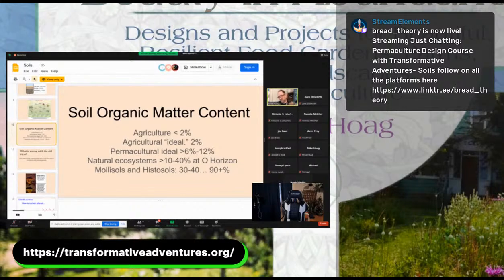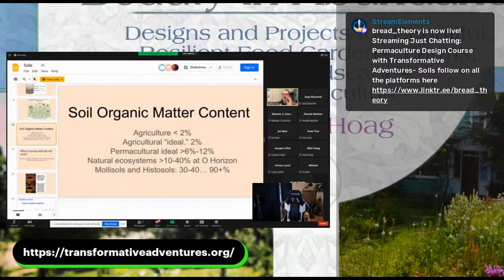But natural ecosystems will often have between 10 and 40% organic matter or higher. Some, as you see at the bottom here, later on, we're going to talk about two types of soils, mollisols and histosols. Histosols are made by wetlands. So here's an important thing tonight to understand. Soil is made by ecosystems. Ecosystems make soil, right? So once the soil has been weathered, it's ecosystems that continue to process that soil and create the soil, especially the soil organic matter.